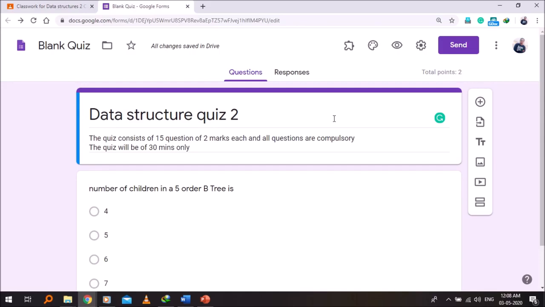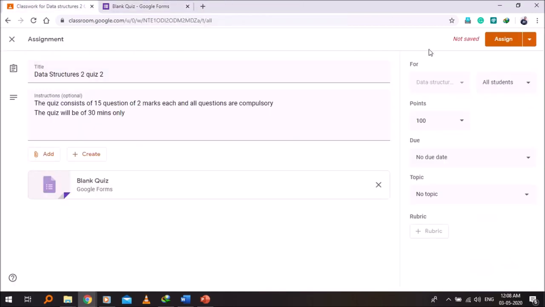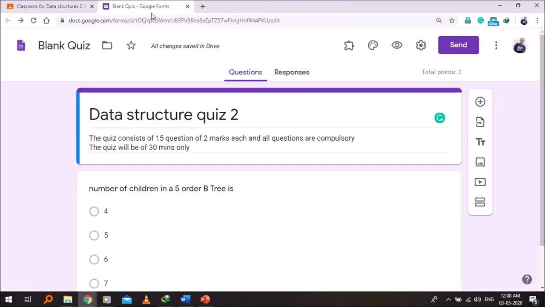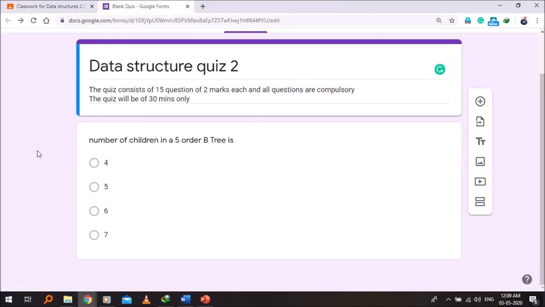If I have set the time of next day, or maybe day after tomorrow, then I have to assign this assignment just before half an hour or 1 hour. If the duration is of 1 hour, then just post this assignment at the right time so that the students can log in and check the form, and do it in fixed time duration.